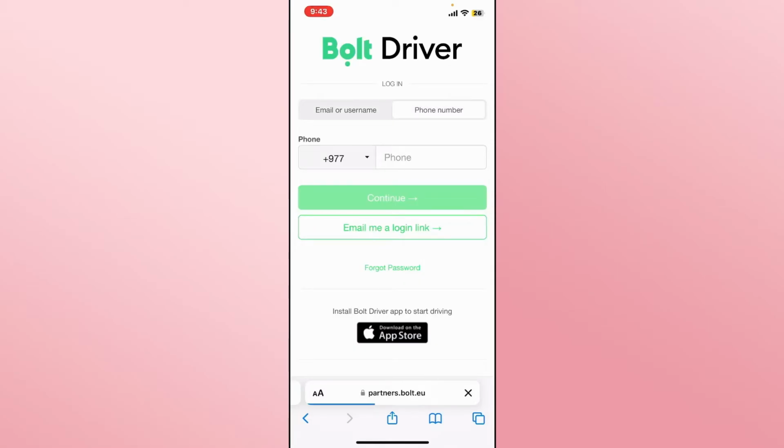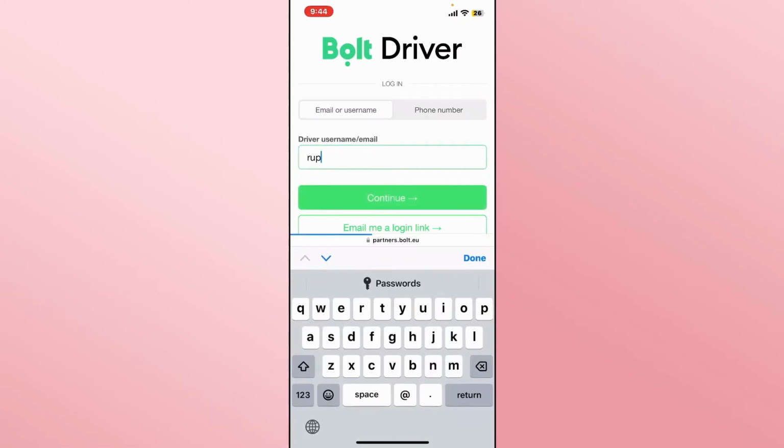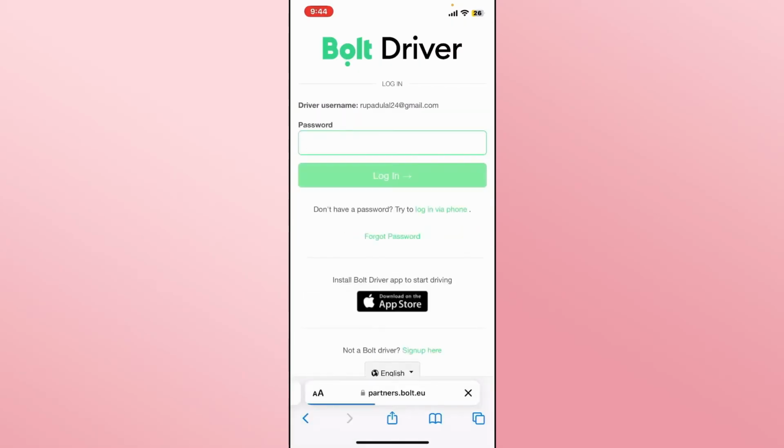Type in your phone number that you have used to sign up for your Bolt driver account, or you can also use your email address or your username. Then tap on the continue button and proceed forward by entering your account password. Once you enter your password, tap on the login button,